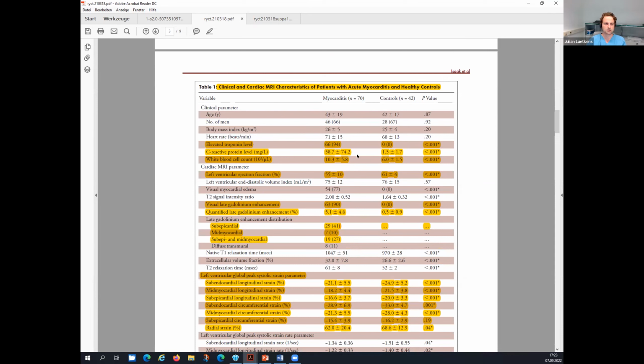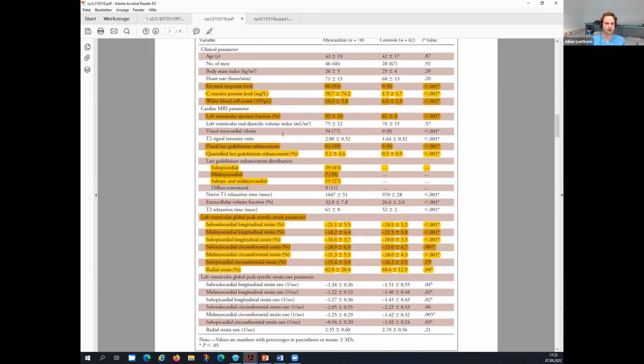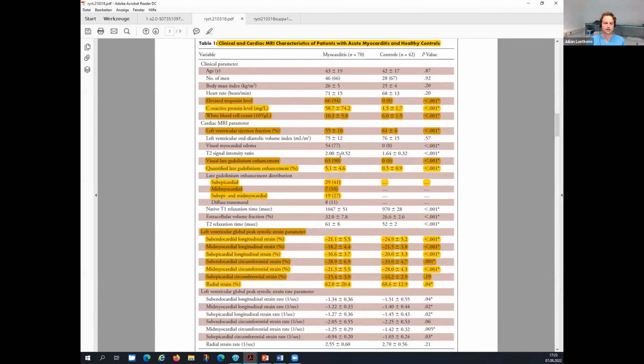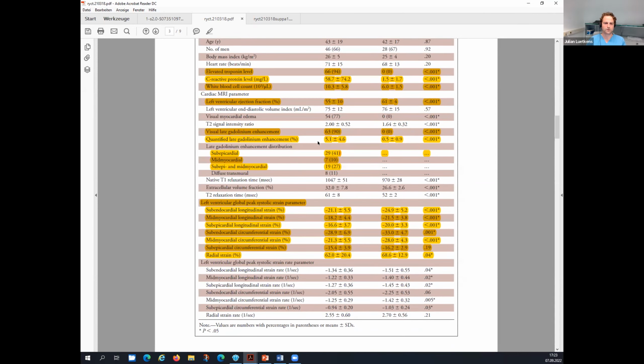So the myocarditis patients, almost every patient, had an elevated troponin. They had elevated markers of inflammatory disease, with an elevated C-reactive protein and white blood cell count. The ejection fraction was slightly lower in these patients, and parameters of myocardial inflammation were increased. What we also found is that 90% of the patients had visible late gadolinium enhancement. And when we quantified this, it was only 5%. So there were also patients that only had a subtle